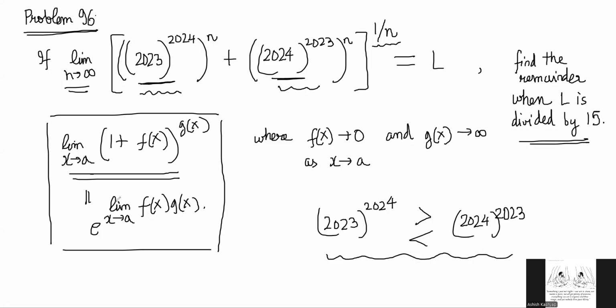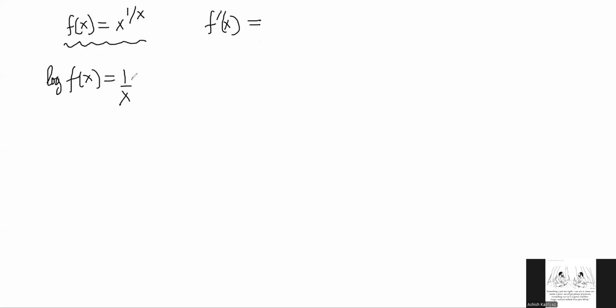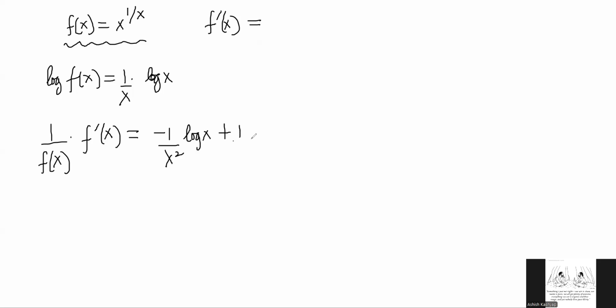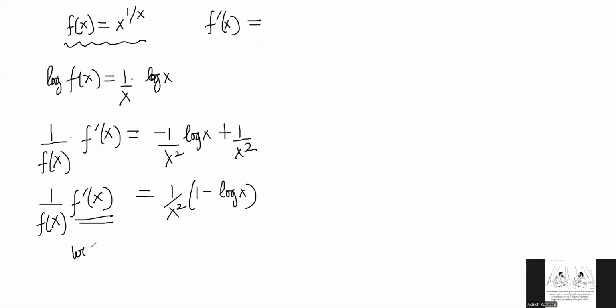So how do I figure that out? This is a standard problem. If you take f(x) as x to the power 1 by x and find f dash x, f dash x comes out as, by logarithmic differentiation, you should take log of f(x) first. Log of f(x) is 1 by x log x, and then differentiate it. You will get 1 by f(x) into f dash x is equal to minus 1 by x square log x plus 1 by x square. So you are getting 1 by x square, 1 minus log x is 1 by f(x), f dash x. This f dash x will be positive